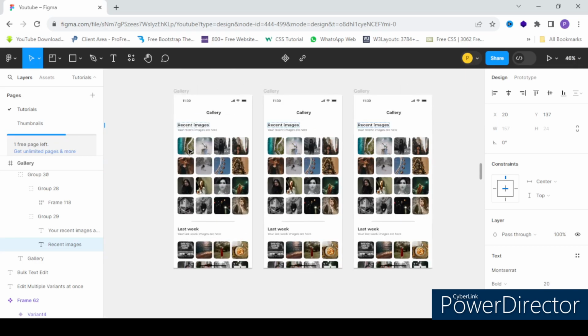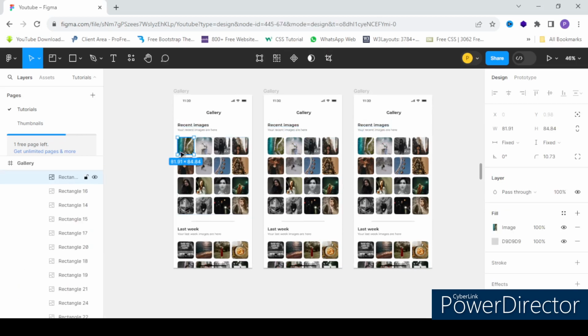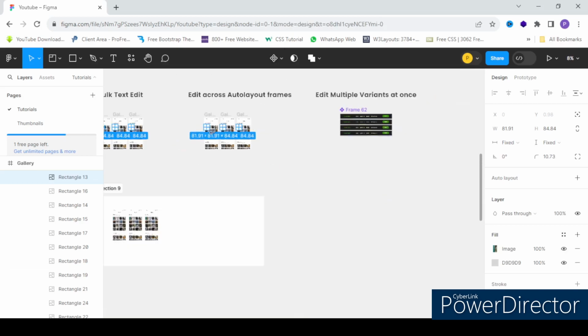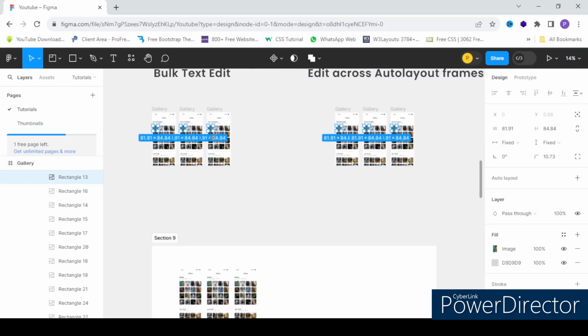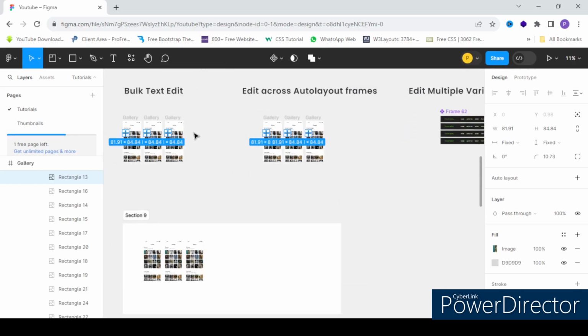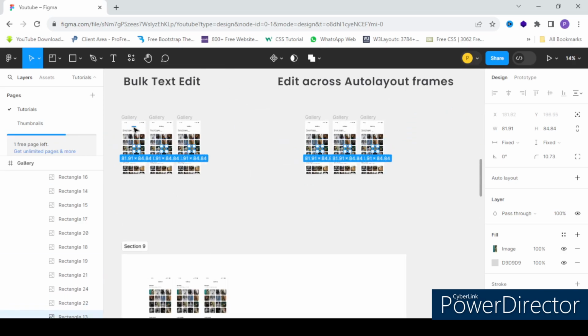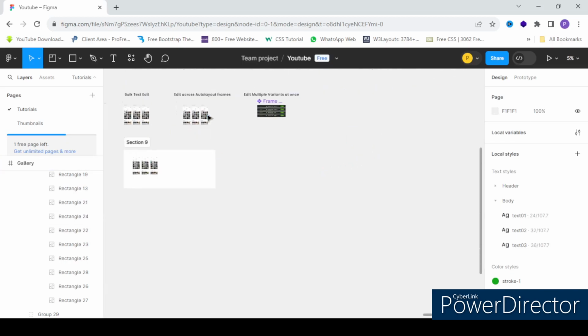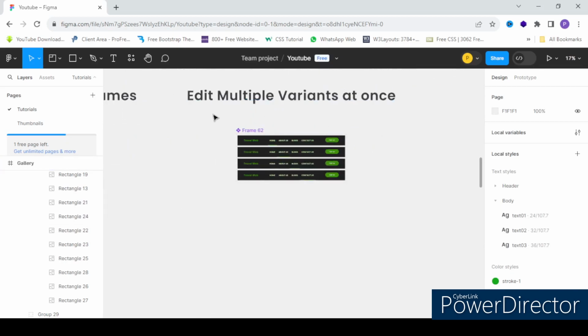For example, I'm going to click on this. I want to change the position of this image here. So what I'm going to do is click on this option here. You see that in every screen, this matching layer, this matching image got selected here. Now I can edit it. It's changing, right? So like this, you can do it and save your time. Now I will show how